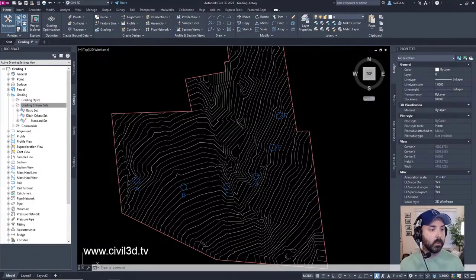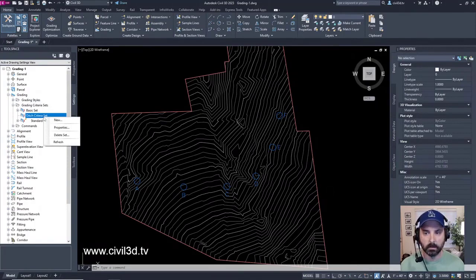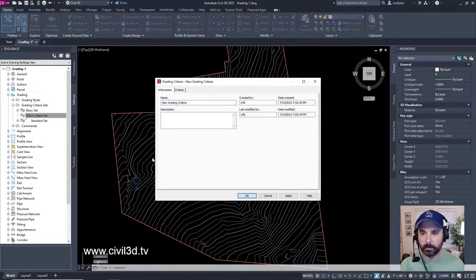Now we're going to create a grading criteria. We'll right-click on the grading criteria set. Then we're going to select New. These are going to be for ditches. Okay, we've got our information tab.